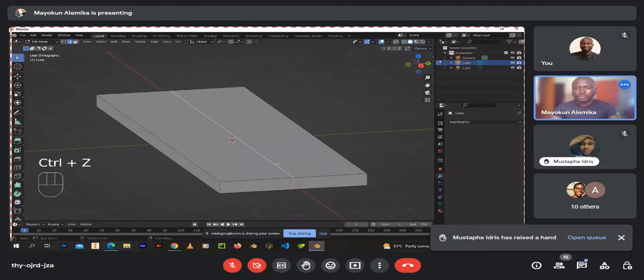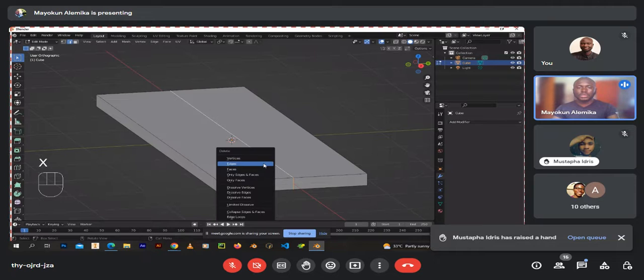So what do I do? That's where dissolve comes in. Dissolve in this regard, like the name implies, will dissolve the edges, or whatever shape you're dissolving, while preserving the face. Okay, it will preserve the faces and dissolve the edges. So what I can do is press X. X will also bring out the option for dissolve. Now rather than just using these ones, I will scroll down to dissolve. Now what am I dissolving? Now dissolving edges